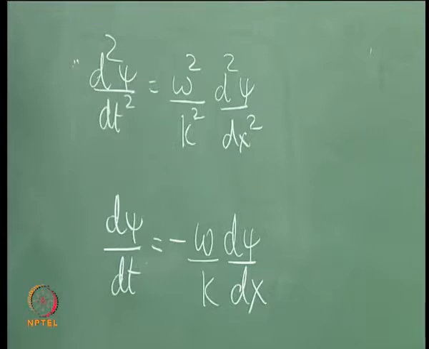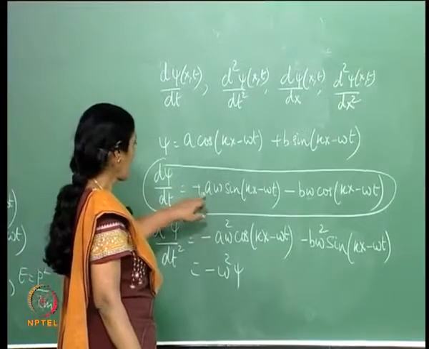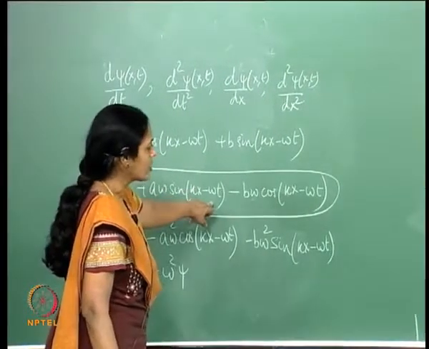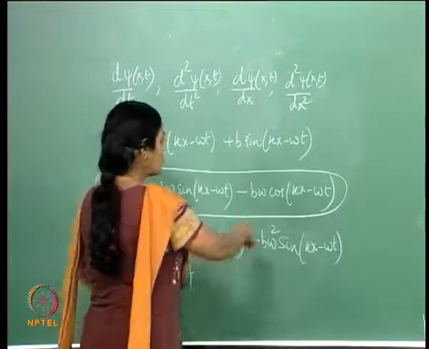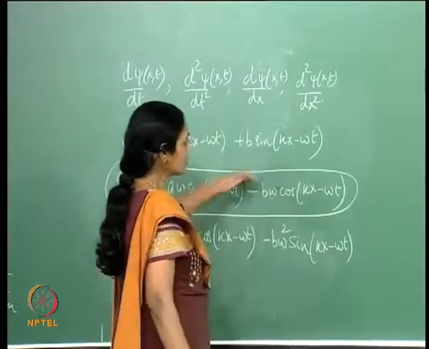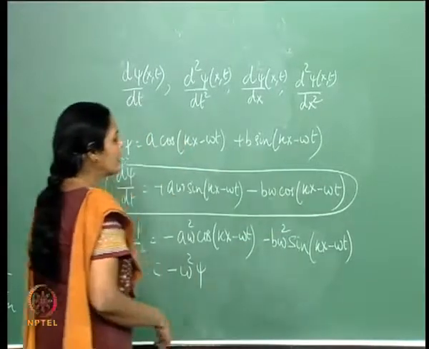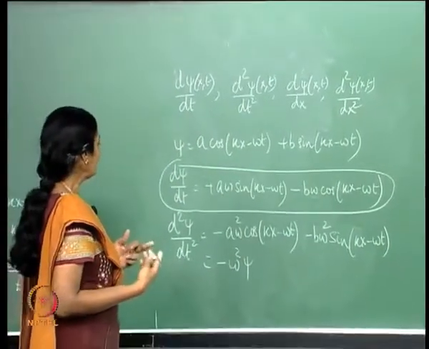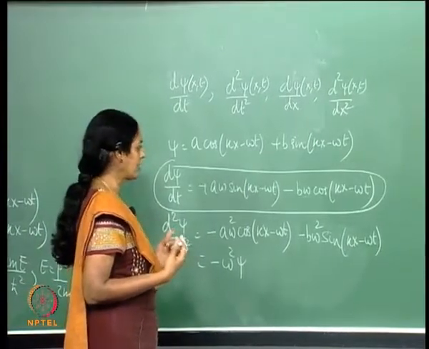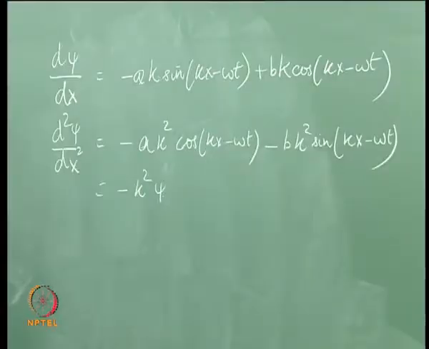If you look at d psi by dt, I have a omega sin(kx minus omega t) minus b omega cos(kx minus omega t), and if this has to be equated to that, it's pretty clear that a and b will have to have a certain specific ratio with respect to each other. This is minus k squared psi, d2 psi by dx squared is minus k squared psi,